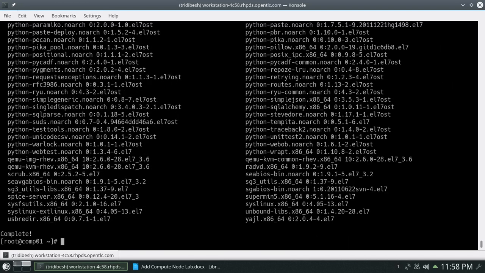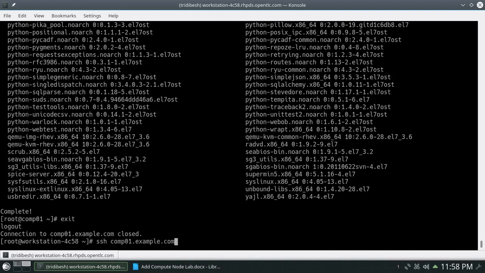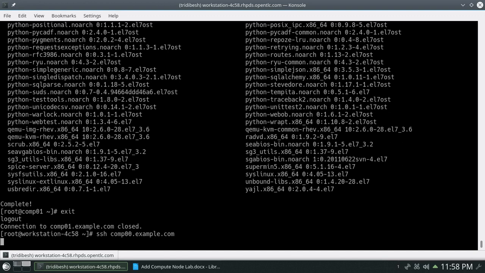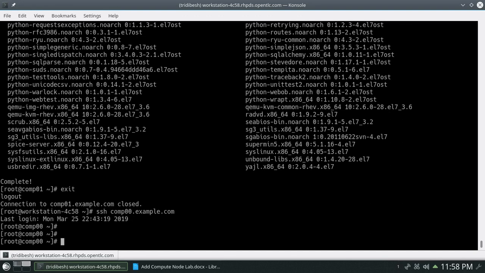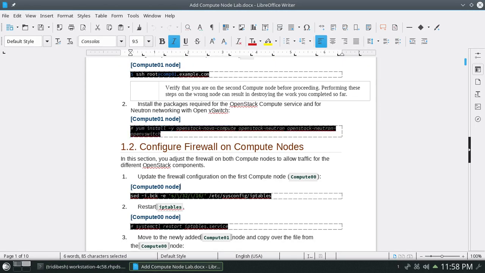As you can see, the installation is completed. Now we will go back to the compute00 node and configure the IP tables rules so that we will be able to communicate with this new node. Let's log in to compute. Yes, we are in. As of now the IP table rules are only for a particular IP.